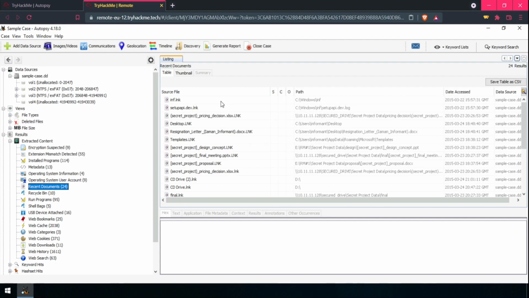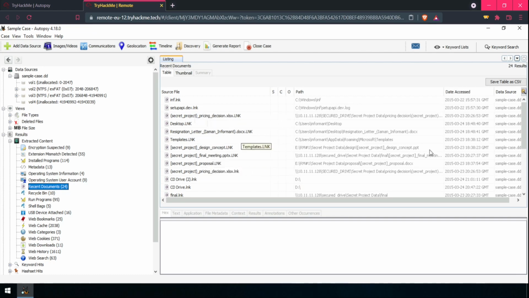And when I come here in the recent document section, I see that there are many links given. These are not the actual paths but the links of the files. And there is a certain awkward thing: a secret file is here, and here also, here also, here also.